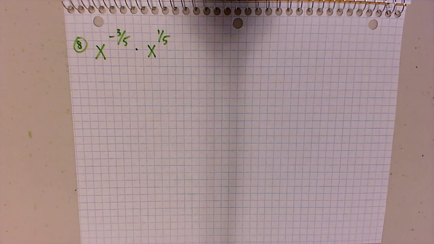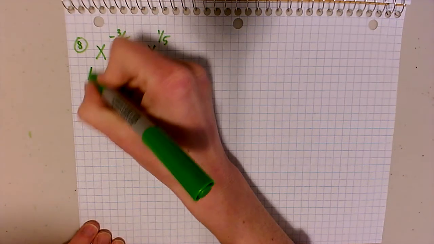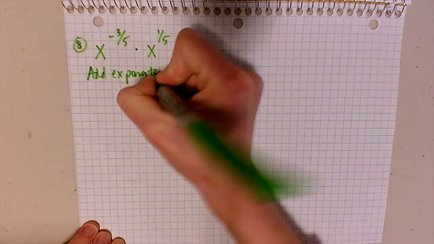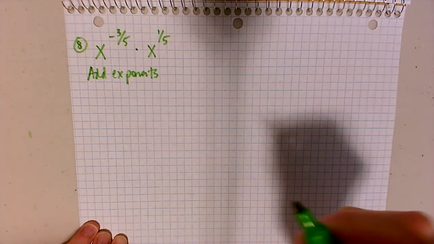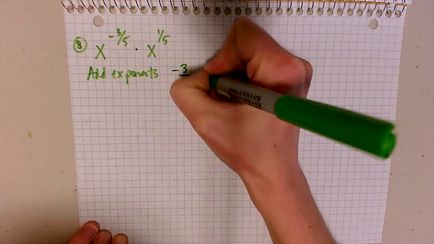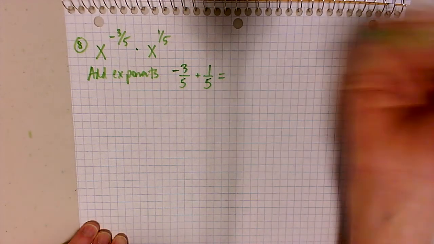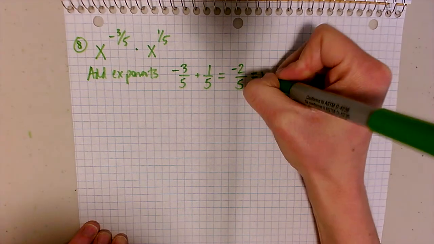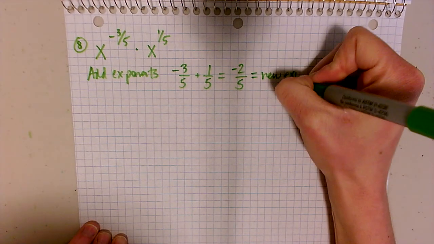So I'm multiplying 2 things with the same base. So what I can do is I can add my exponents. Okay? And so before we do anything else, we can just do negative 3/5 plus 1/5 is going to give me a negative 2/5. So then this is my new